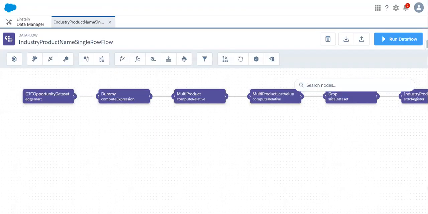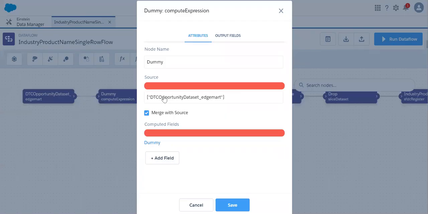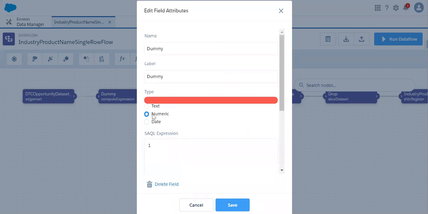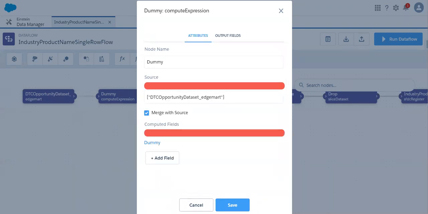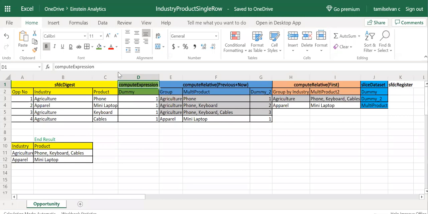I have used the compute expression for creating the calculated column. The column name is dummy, and I have given the numerical value 1. That means all the records will have the value 1, so all the opportunity records get assigned 1.